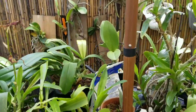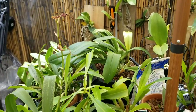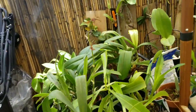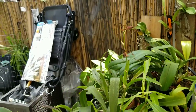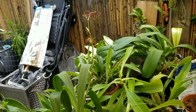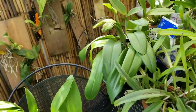Dimorphorchis, I think that's the name of it. And I don't know if that's going to be my next investment because I just don't get it. I don't get the hype right now. Okay, so it flowers two different flowers. But I've got orchids in my garden that change colors, though not flowering different colors. It's just that one end flowers this and one end flowers that. That's spectacular, but I still don't get it. If it was a cattleya that did that, oh my God, yes, I would buy them all. I would corner the market. But it's a